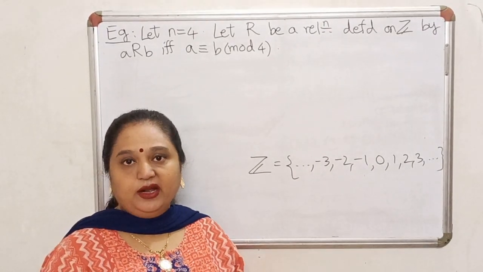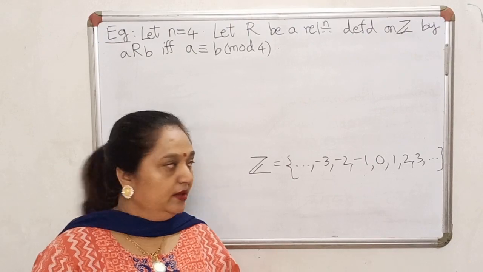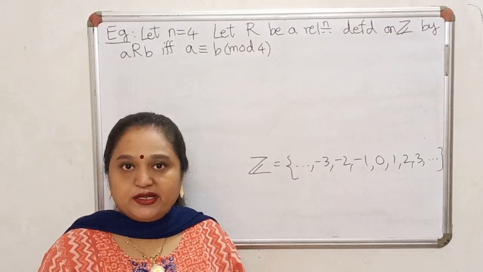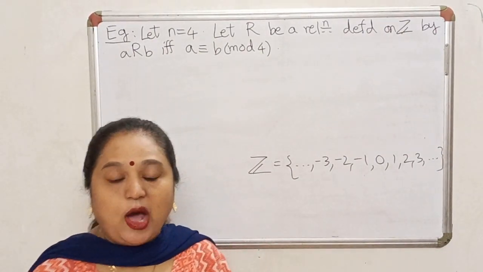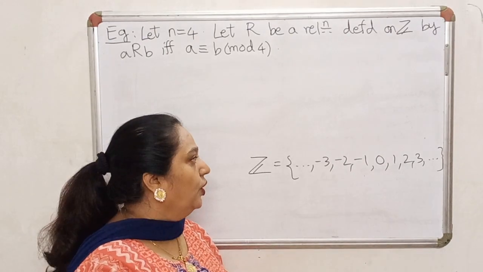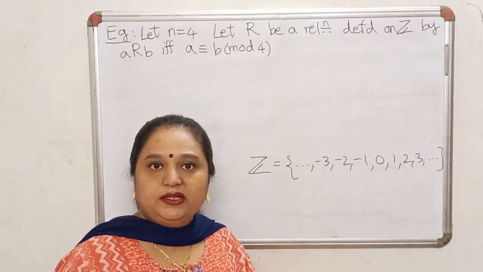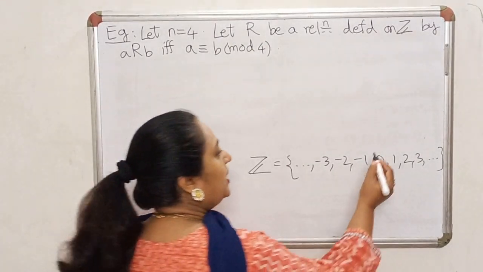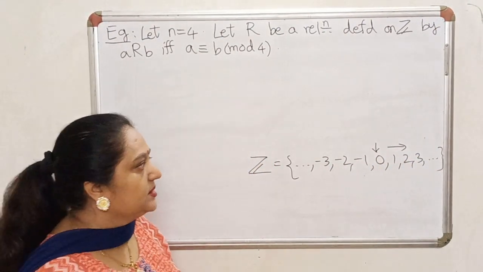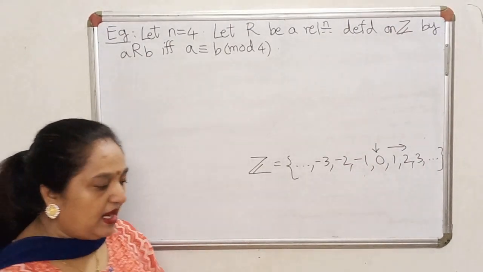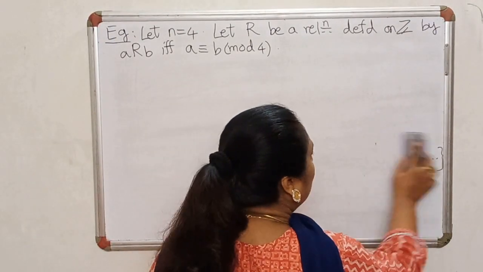So I actually have two problems. If I am interested in finding out the equivalence class of every element in this set, firstly, where do I begin? There is a dot here, and where do I end the story? There is a dot here. So the question is where to begin and where to end, and how am I going to cover all my elements? Since it really doesn't matter, it's a vast ocean, just start arbitrarily with some element. This is a convenient point to begin with, and then we will move in this direction and see what happens. So let us start with the equivalence class of 0. Then we will find the equivalence class of 1, equivalence class of 2, and so on.